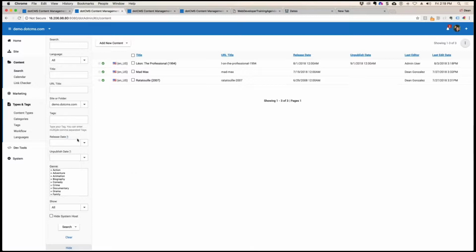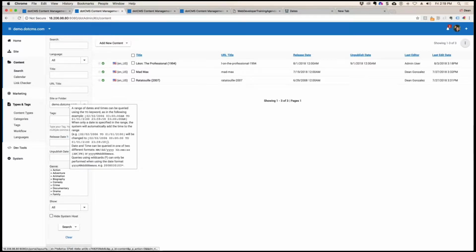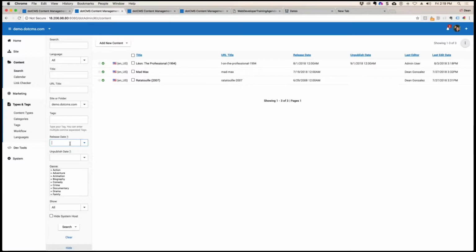Anyway, if you look at the easiest one, which is the EG in the middle, that's just 02/2006 to 01/01 2100. The TO in the middle needs to be capital TO. It's brackets, not curly braces. We can type this right here. So if I only want to get July, I can just put a bracket right in release date,